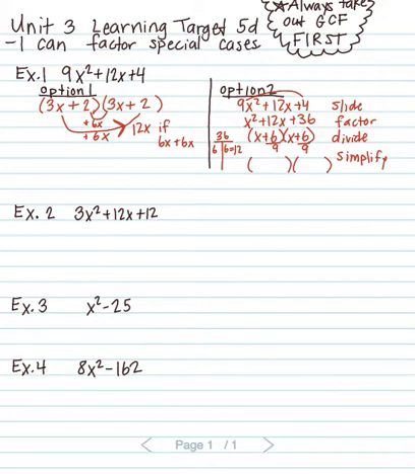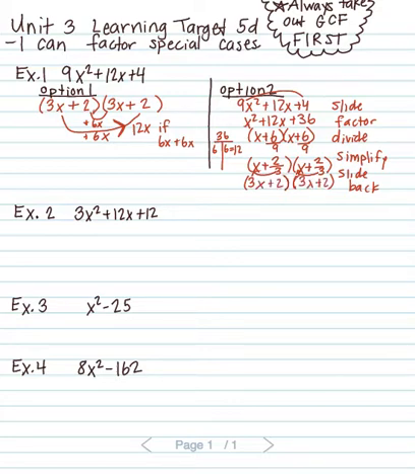So 6 over 9, we can take a 3 out of both of those pieces, to get 2 over 3. After we simplify, we slide back. So whatever is on the bottom goes back out to the front. So we've got 3x plus 2